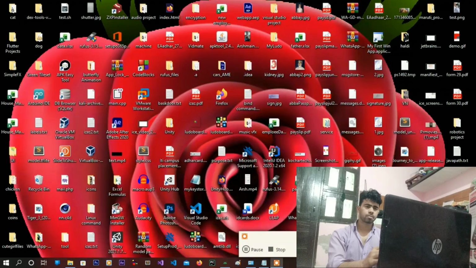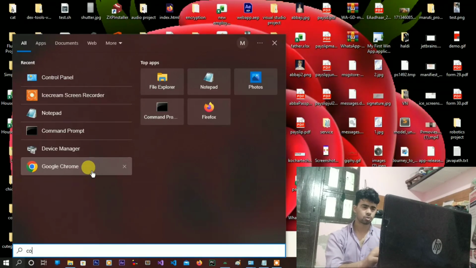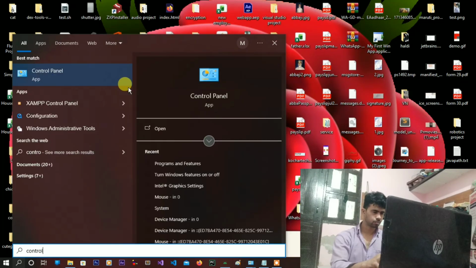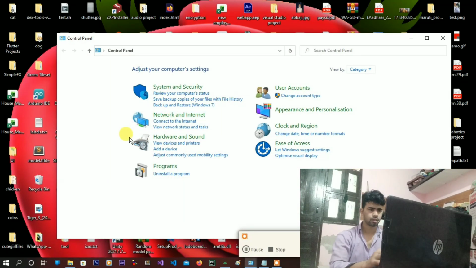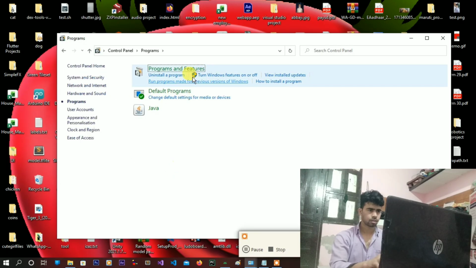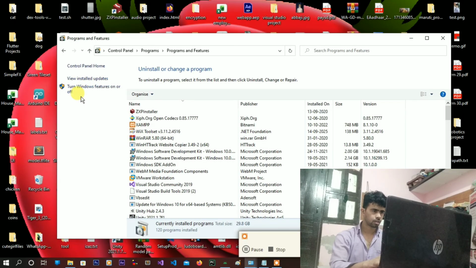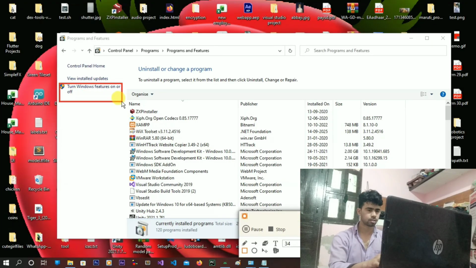Sometimes HAXM fails because Microsoft Hyper-V is enabled. To disable it, go to Control Panel and search for Programs. Then click Programs and Features. You can see here on the left side the Turn Windows features on or off setting. You have to click on that